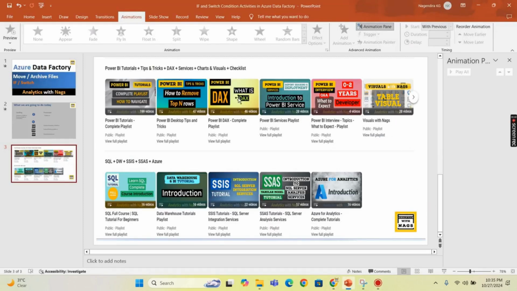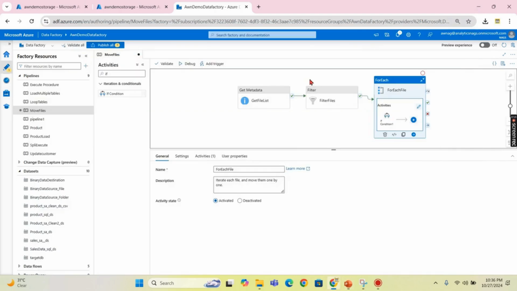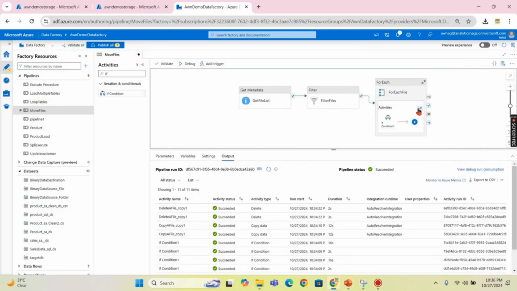And let's move on to our next scenario, why we need a switch statement. The if will handle only two cases, either true or false, whereas I have a scenario where I get a list of files here, and based on the file name prefix, if it contains customer, I need to move it to another folder, customer, and if it is from product, that is prod, then I will move it to the product folder. Then in these cases, how do I need to design my pipeline? Let's try to check it out. For this, let me